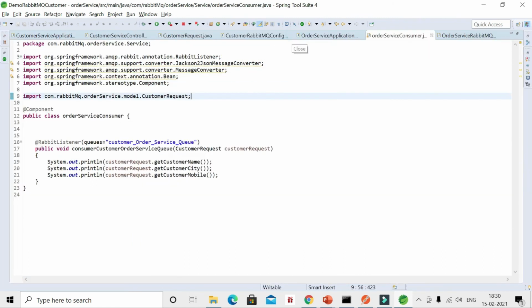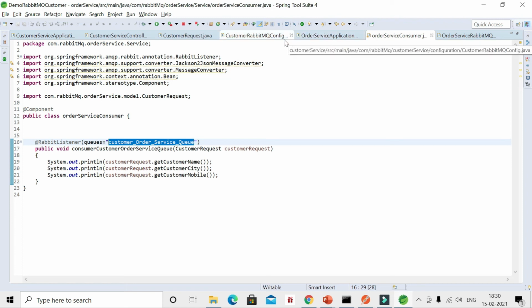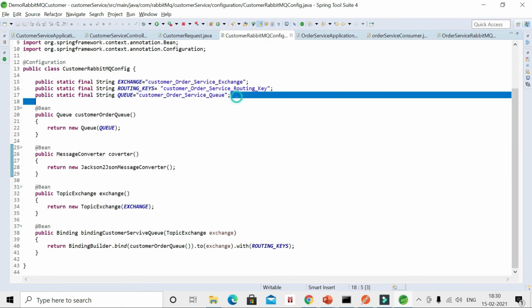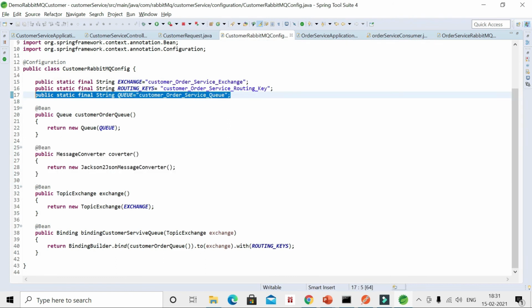Okay, so this one also we need to give in the configuration file. Don't hard code these things. Go to customer here, copy this one, paste it here.